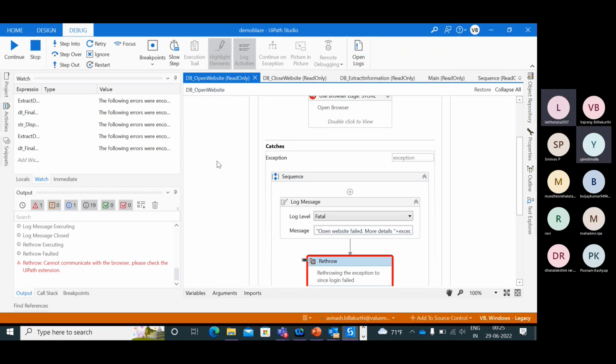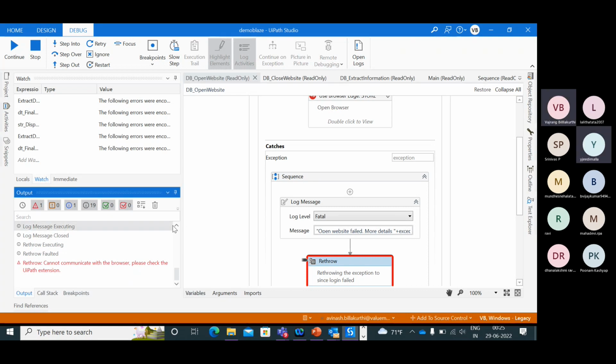Any activity is 30 seconds. Exactly. So here we are just telling that open website failed, and we are giving out all the details. Cannot communicate with the browser. Please check the UiPath extension.